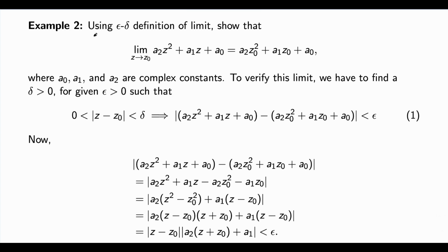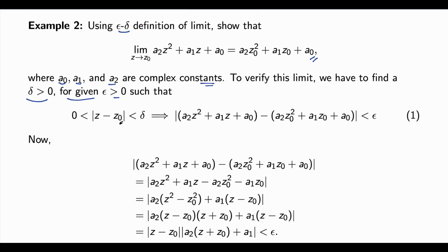Let us do one more example. Using the epsilon delta definition of the limit, show that the limit as z tends to z naught of a2 z square plus a1 z plus a naught equals a2 z naught square plus a1 z naught plus a naught, where the coefficients a naught, a1 and a2 are complex constants. To verify this limit, we have to find a delta. Existence of delta is important for a given epsilon greater than 0, such that